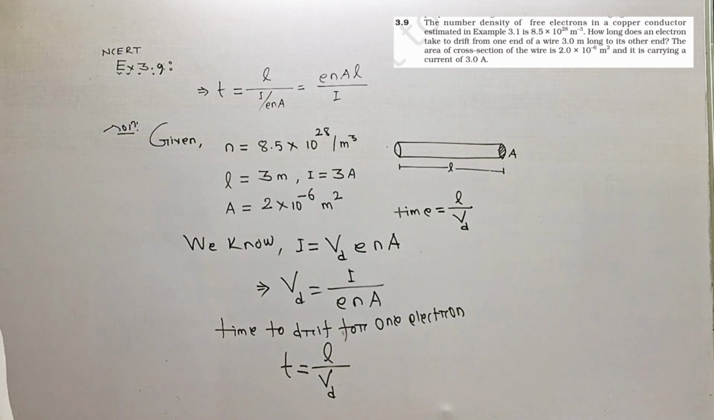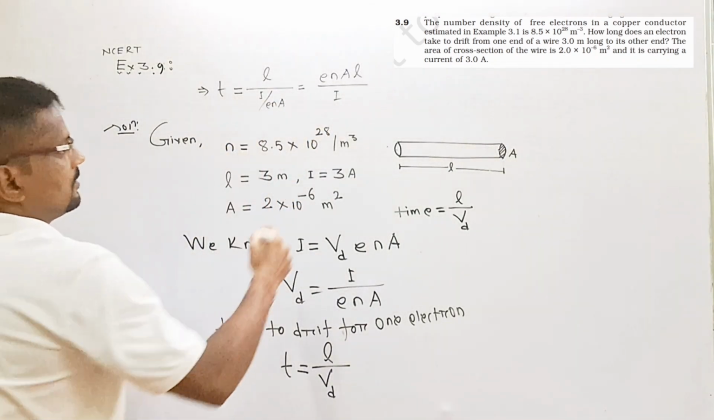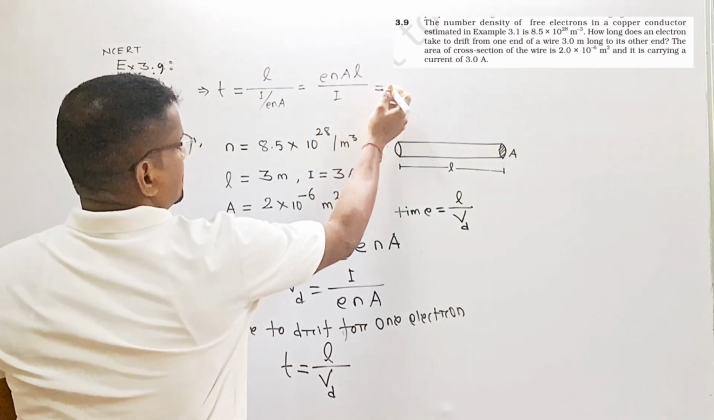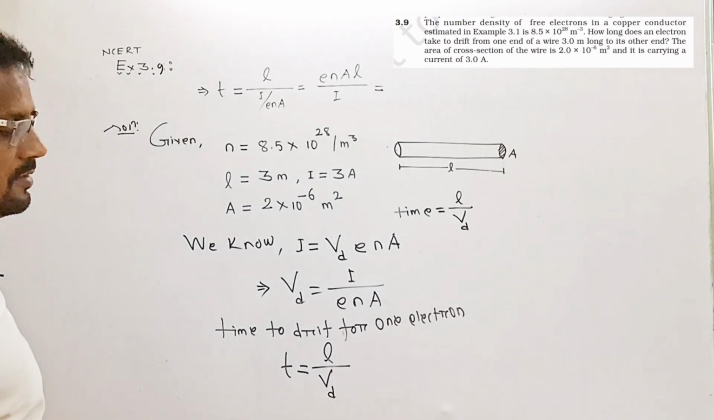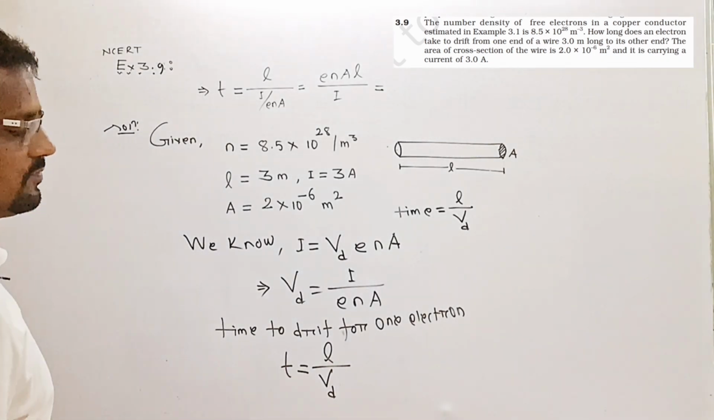Now all these values are known to you. So if you put the values, let me write here. Charge of an electron, that's known to you. Charge of an electron is your